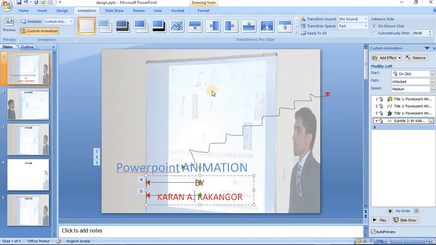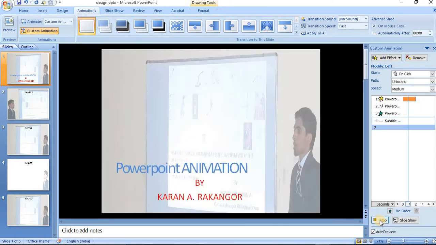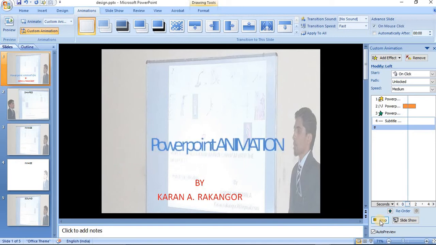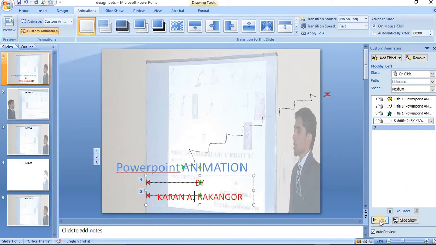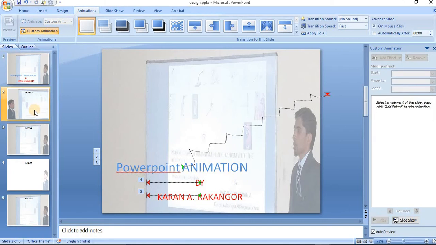So I've added animation. If you want to play, you can see how it looks. Different effects are there which I have added. According to that it will move and it will come again to its original place after completing the slides.